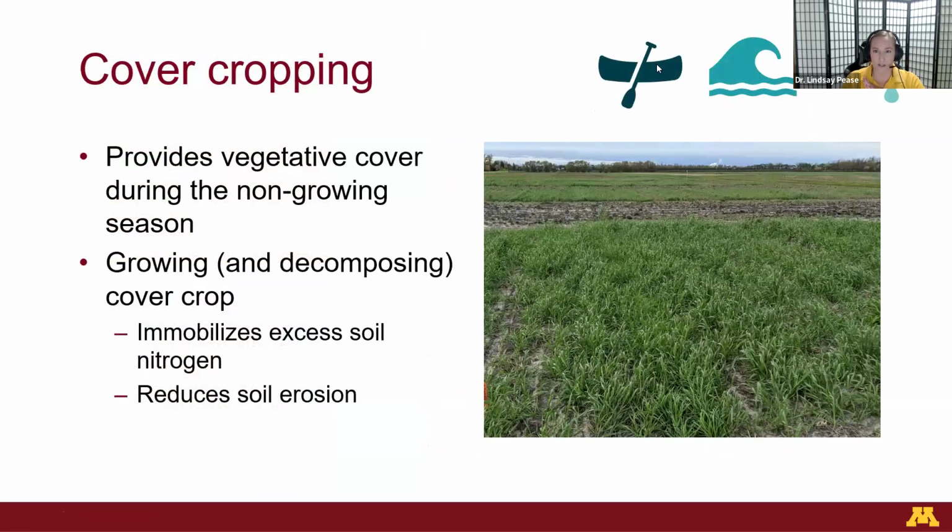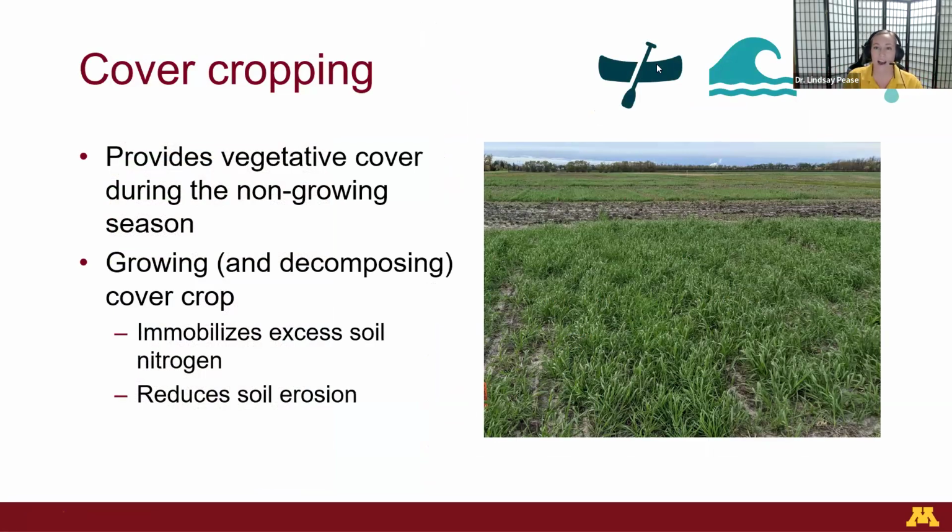But first, we're going to transition away from that nutrient management, that fertilizer question, and talk about cover crops. Cover crops provide vegetative cover during the non-growing season. And that growing and also the decomposing cover crop, both of those work to tie up nitrogen in the environment. They slow it down from those different transformations that it wants to take because the crop roots can take up